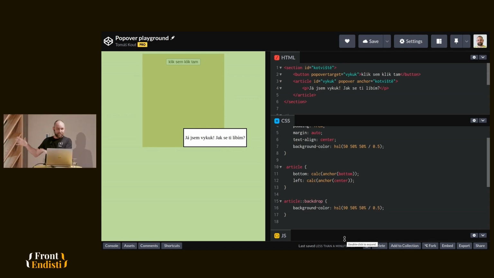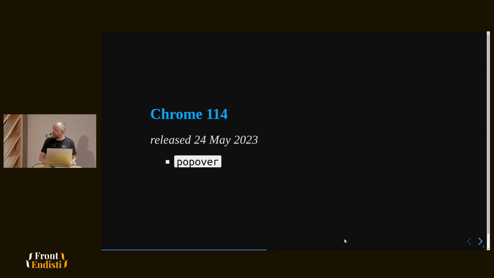So I don't go that deep. There are more interesting talks waiting for you. So look at it. Look at the MDN specification. It's very, very interesting, very cool stuff. And if Firefox will work on it, I don't know. I haven't found any information. We will be able maybe later this year to use this in production websites. So back to my presentation. So this is Popover, new stuff in Chrome 114.